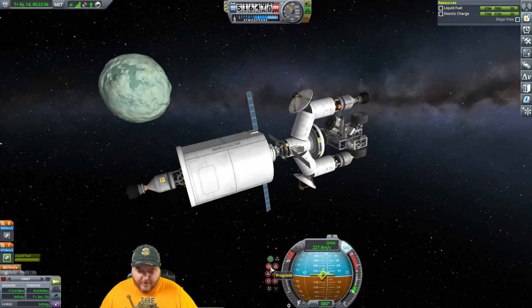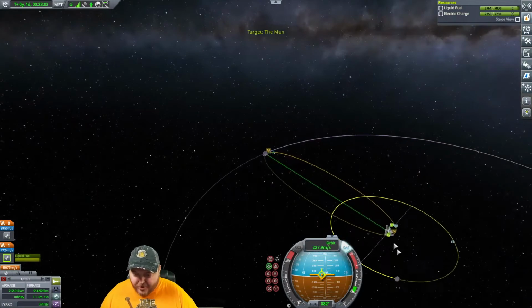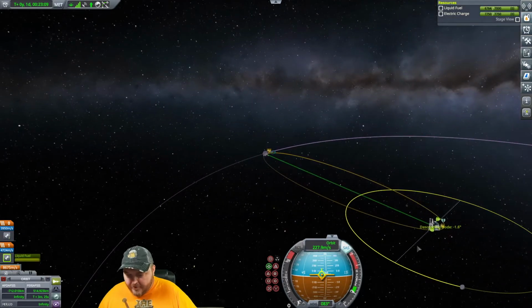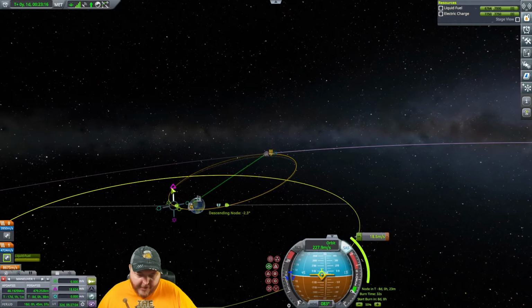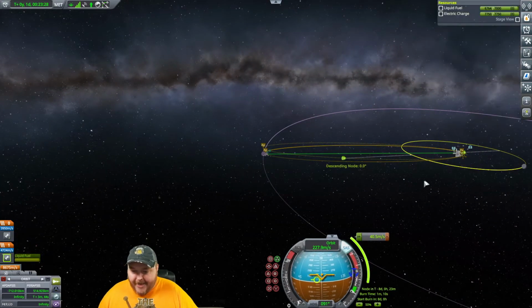All right. Stop ganging up on me. So now we're going to go back into Kerbal. Let's set the Mun as a target to fix our inclination. We're only 1.6 degrees off. That's not too bad. It's going to be a little bit of delta V to fix that. In 8 days... nope, wrong way. 0.40 delta V is not too bad. In 8 days...